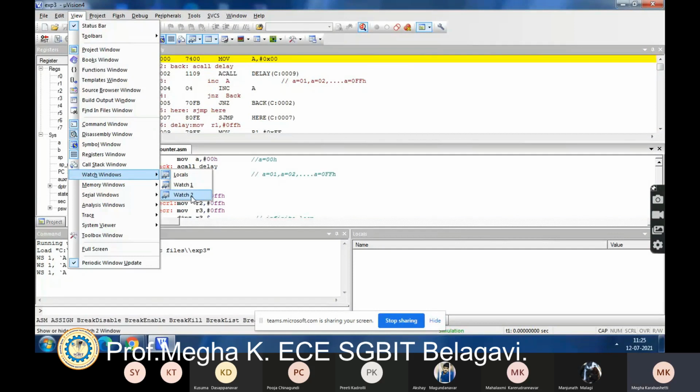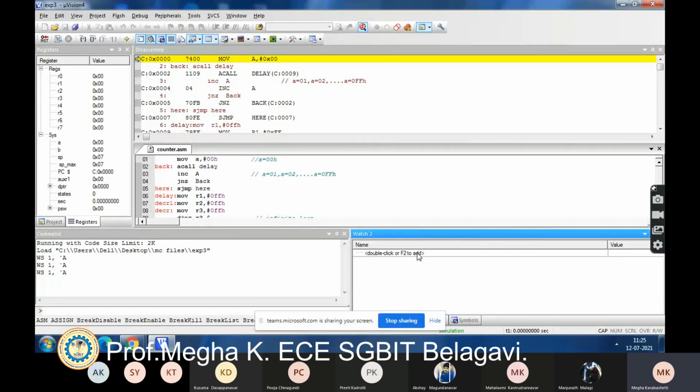Fine. So whenever you start using watch, you can see this window actually. It will ask you to either double click or F2 here. Okay. When I start this, yeah. Now you can see the 0x00 is added.